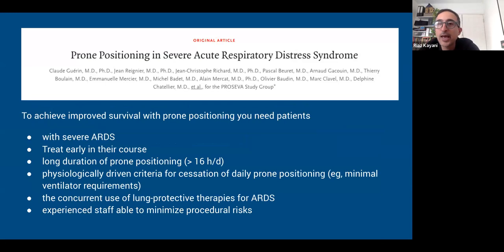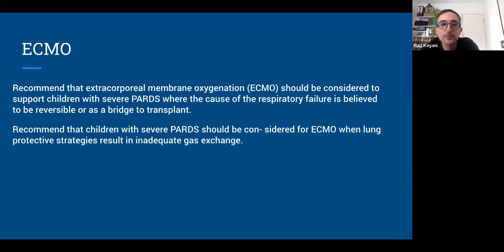And so, in combination with post-COVID practice, we have started proning children more. But as you can imagine, with big children, as with adults, it takes a lot of people to do it. And it does come with risks, pressure sores and things like that. And obviously, during the turning process, they can lose their lines. But essentially, we're using it a lot more than we used to.